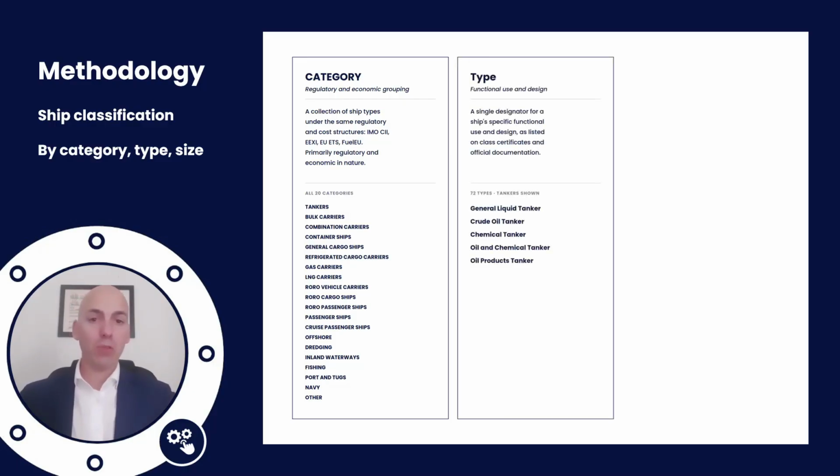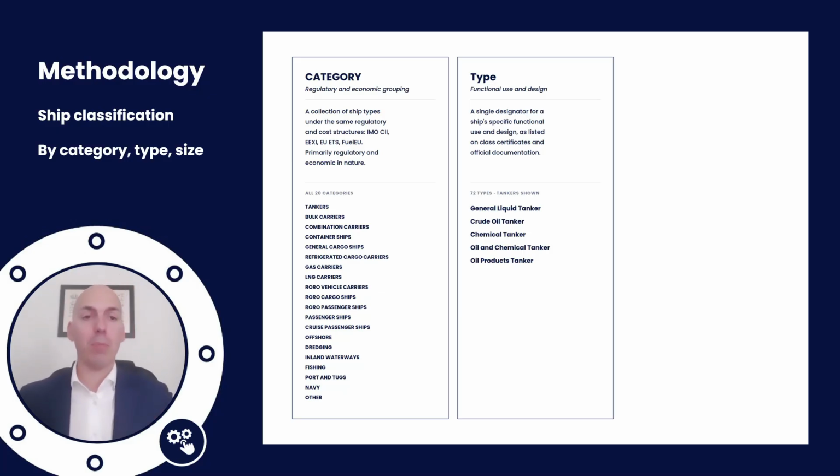Then we have ship types, which focus on functional use and design. From these ship types flow power demand functionalities. For example, we can have a tankers category, and within tankers we have currently 5 types defined. We can always do an other category or whatever else we have, but the more information we have, we can always tweak it further. But we can say that a general liquid tanker of the same size, more on that later, will have a different energy demand than an oil and chemical tanker or an oil products tanker or a chemical tanker. So there are differences in functional use and design that will impact how we look at decarbonization measures,